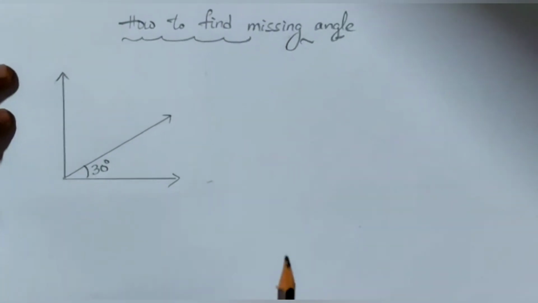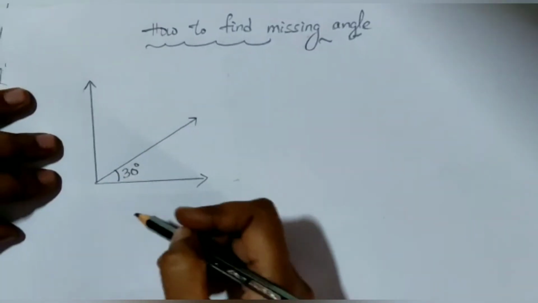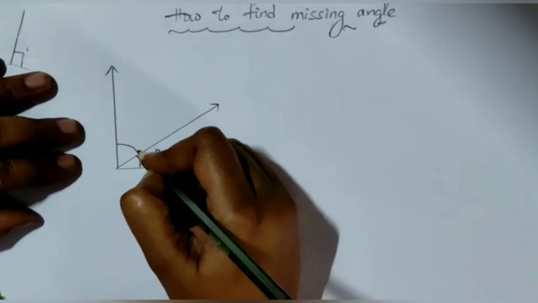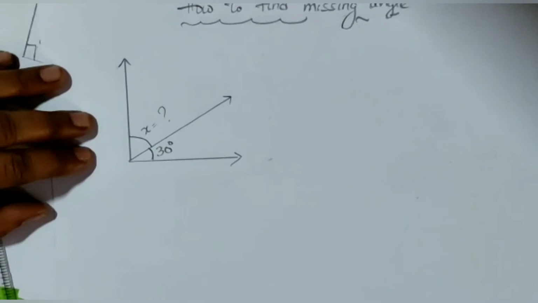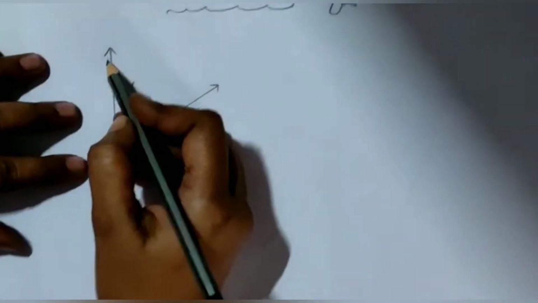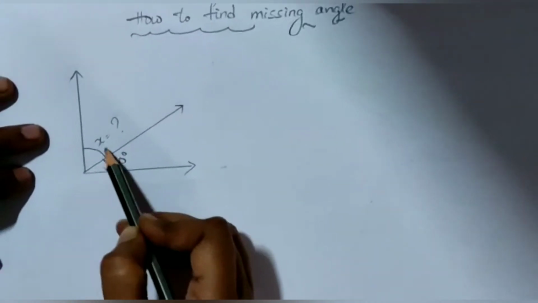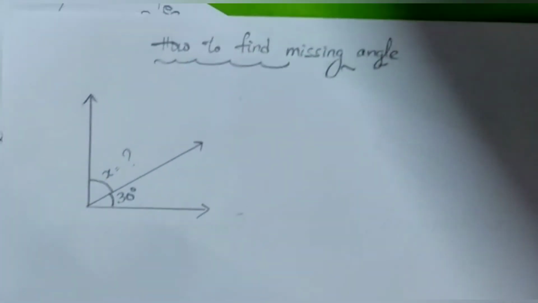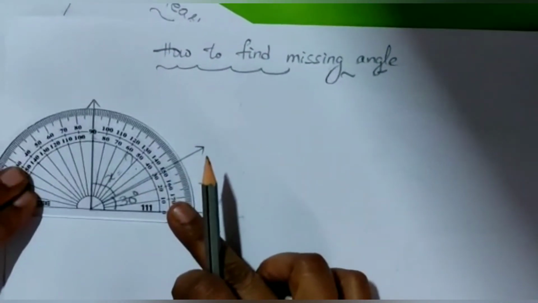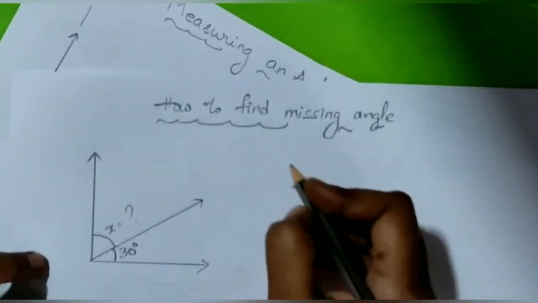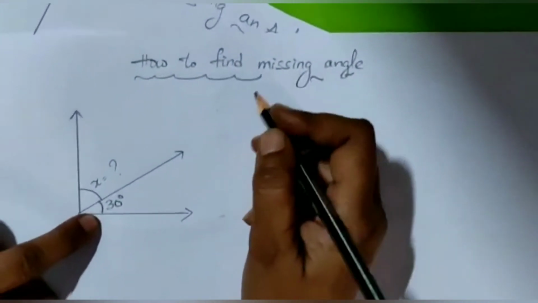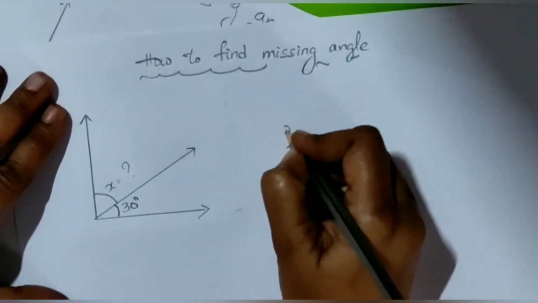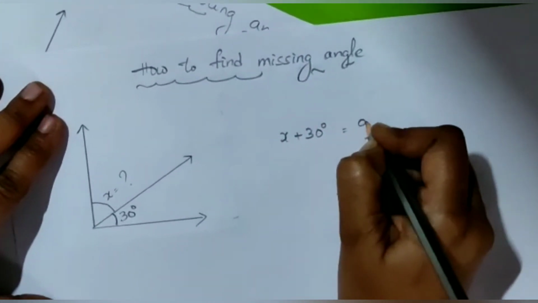Now let us check how to find a missing angle. So children, you have 90 degrees. This is 90 degrees. And in this we have one angle. We need to find this angle. How much? So let the angle be x. Okay. Now we know clearly that when we add these two angles we will get 90 degrees. By seeing the picture you can say that this is exactly 90 degrees. Or if you want you can measure also. So okay, this is exactly 90 degrees. So when two angles add up to 90 degrees, those two angles are said to be complementary angles. Okay, that means here x plus 30 degrees equals 90.